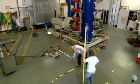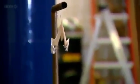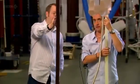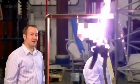In this demonstration, I'm going to play the pantograph to see what happens to my paper train when the connection is broken. So this is a demonstration of the potential bad side of high voltage. Yeah, so the copper bar is at high voltage, and if you touch that pole to it and move it away, you'll make a high voltage arc. OK. There we go. But when it gets near to things...